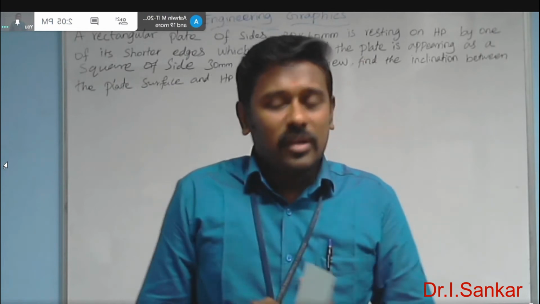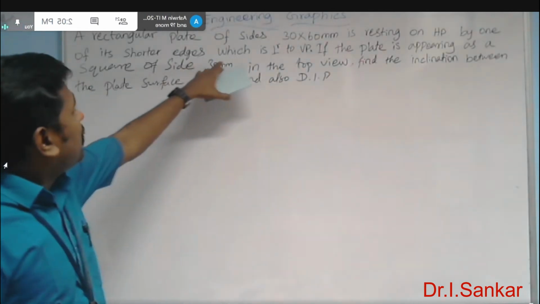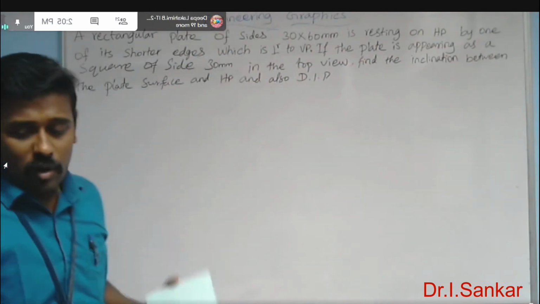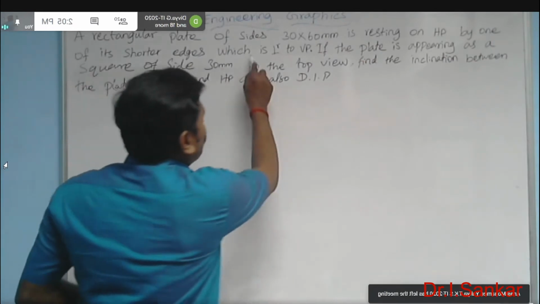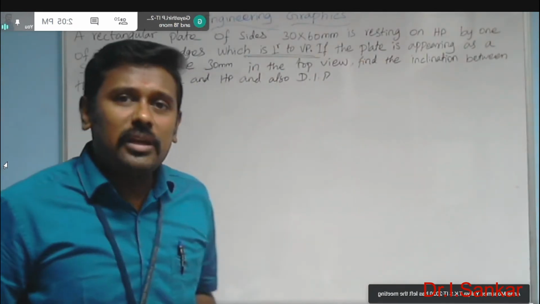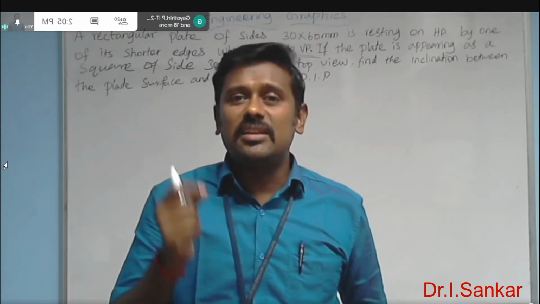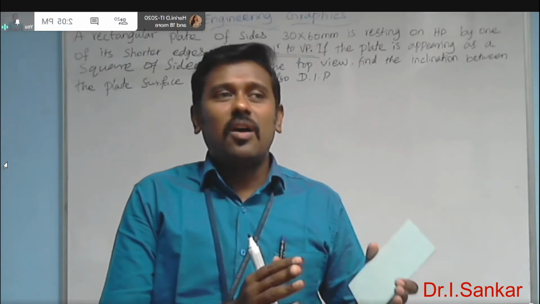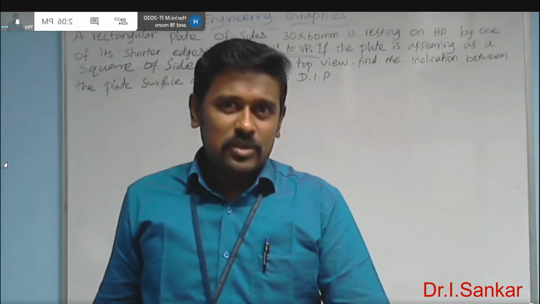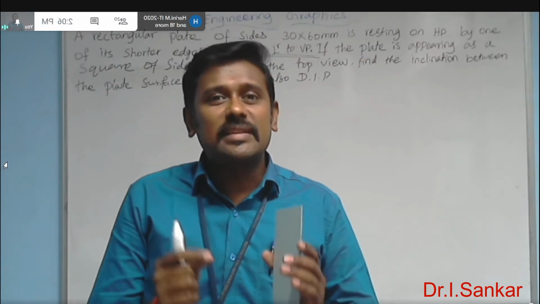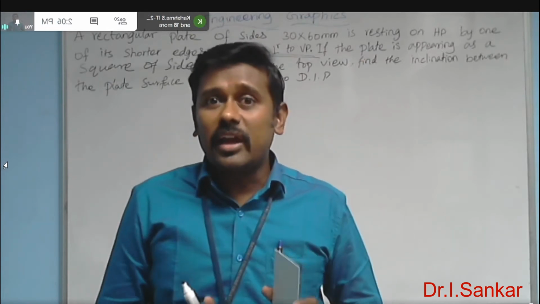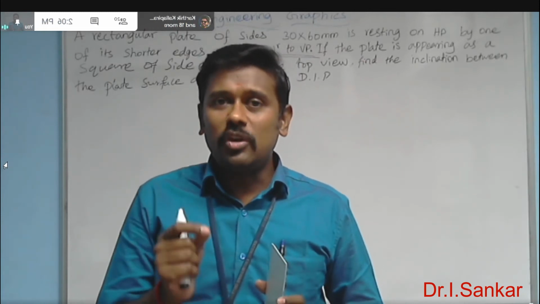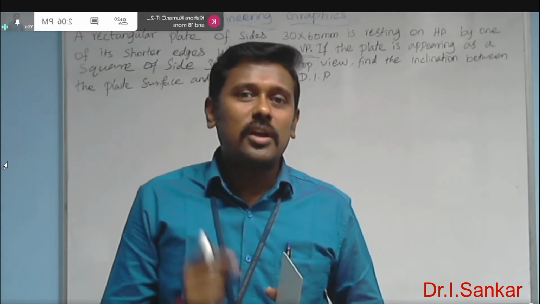In the meantime, that resting edge is perpendicular to VP. Along with some other conditions also given, you have to look at each and every word in the question and consider each and every condition, because the question is nothing but, as I have told you, the translation of the view into words. So, a lot of words are required to exactly correlate the actual view of the object. You have to be very, very careful on reading the question. You should not neglect even a single word. This will lead to a wrong direction.